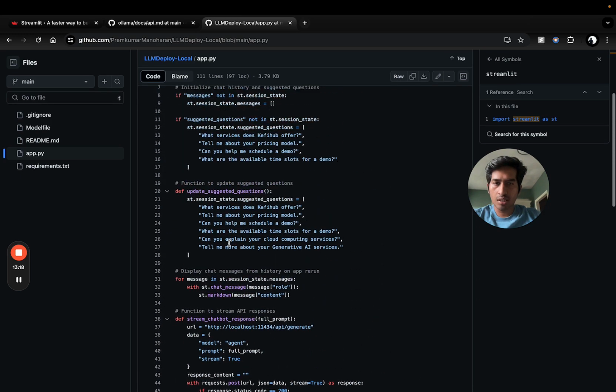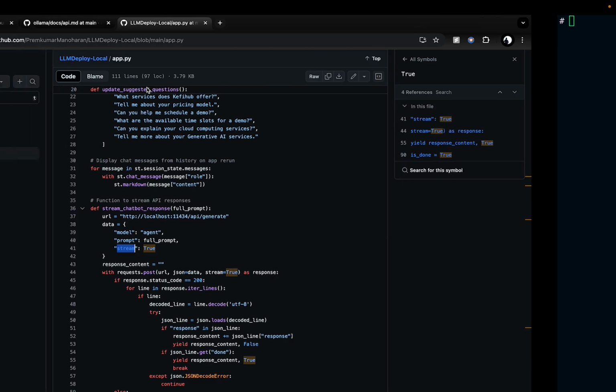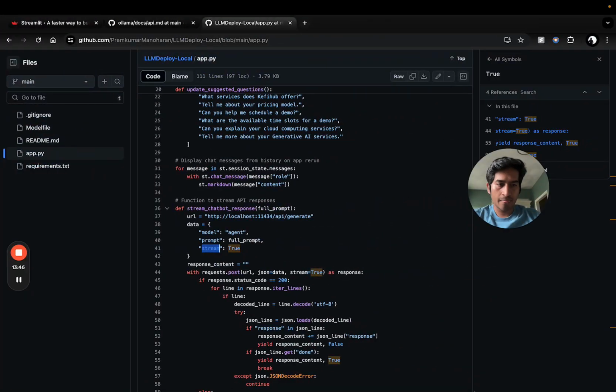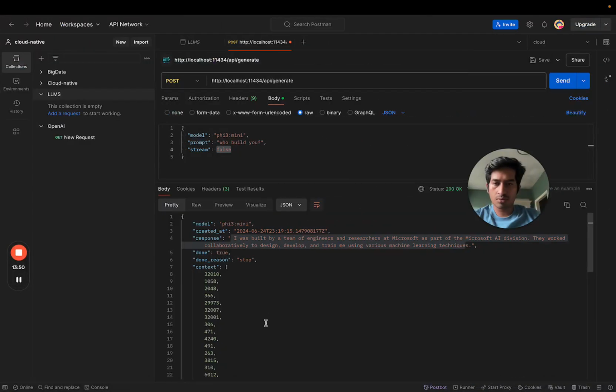And if you see here, we call the backend API, which is the localhost, hitting the host port, which is mapped to the container port, which is running in a Docker container on my local machine, with stream as true. So how did we handle stream as true in this chatbot? We handle it by checking that in the response we have a variable done. If done is true, you see here,